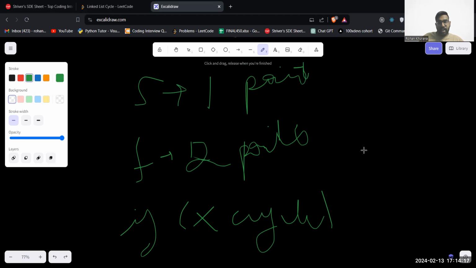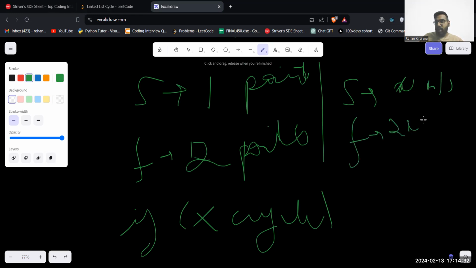Like yesterday I explained to you something, right? If slow is traveling with x speed, x meters per second or kilometers per hour, whatever, and fast is traveling 2x meters per second, and if it's a straight line, do you think slow and fast will ever meet? No. But if it's a cycle, if it's a circular track,